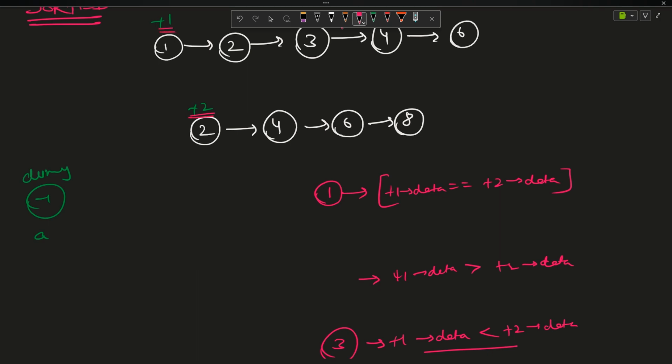T1 data is 1, T2 data is 2. So if I want to find an intersection, I will have to traverse one side, right? Either T1 can move here, or T2 can move here, right? Now, because the data of T1 is less,